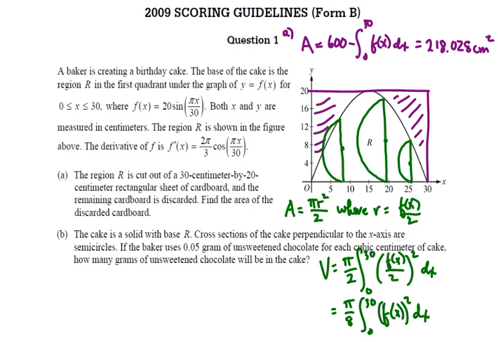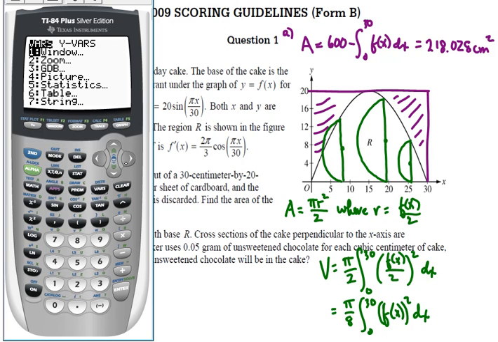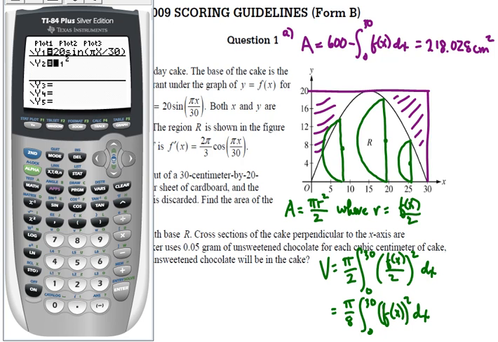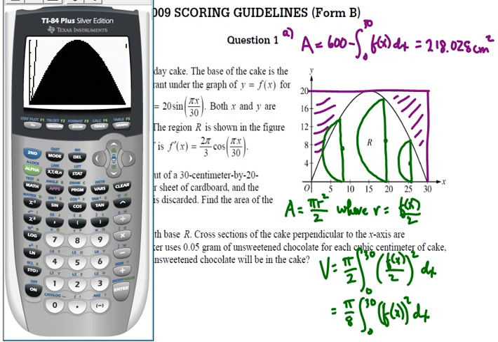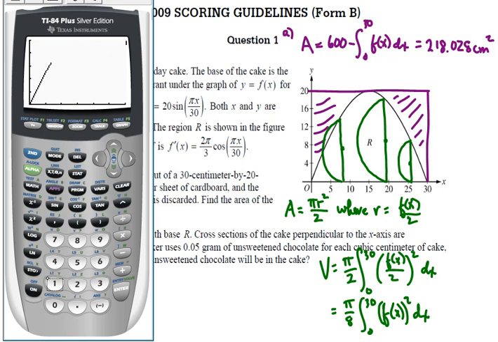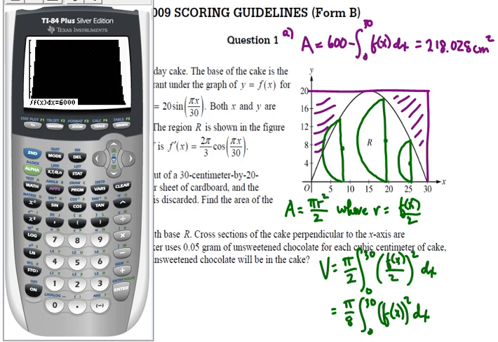So if I'm going to do this on my calculator, all I really need to do now is square the f of x that I have. So I go back into y1 and Vars, Y-Vars, function y1, square it. Now I'm going to either have to put the pi over 8 into that expression or multiply it by that afterwards. So I'll do it afterwards here. I'm just going to go ahead and graph. Now if the original graph is still showing up there, you can hit second and draw and clear draw, and that will wipe out the first one. Now we still have the other function showing up there, and the way we get rid of that is go into y1 and turn that one off. Alright, one more time. And finally we're going to find that area from 0 to 30, which isn't even 6,000. We store that in A, multiply by pi over 8, and we get 2, 3,